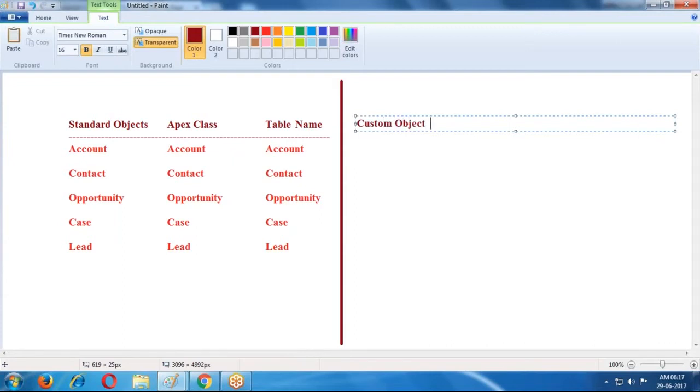For the custom object, it contains an Apex class and a table name.